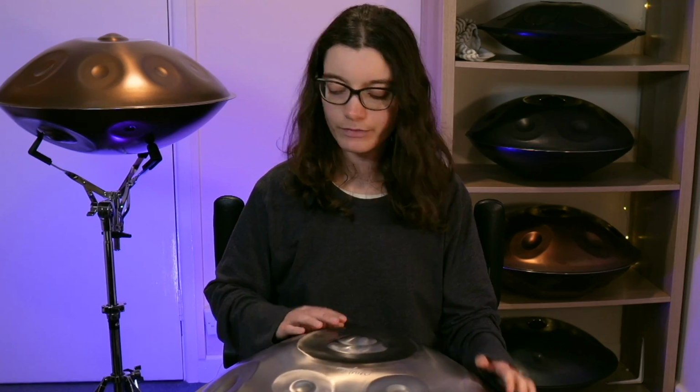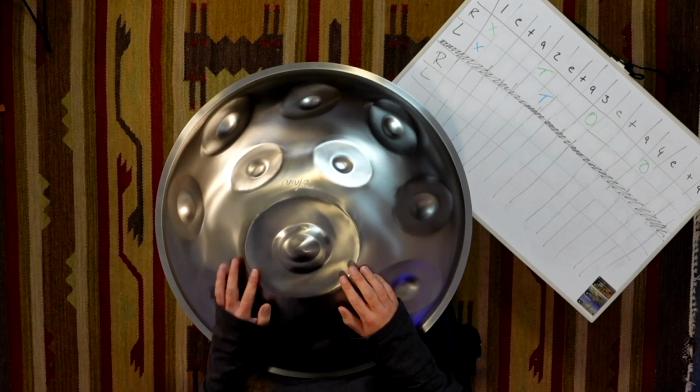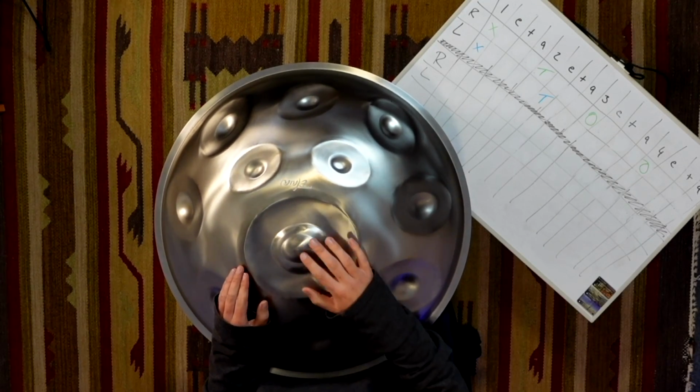It's just the fact that everything's flipped and not quite as we usually expect it to be that makes it a little bit more interesting and a little bit more tricky to count. So let me demonstrate. 1 E and a 2 E and a 3 E and a 4 E and a